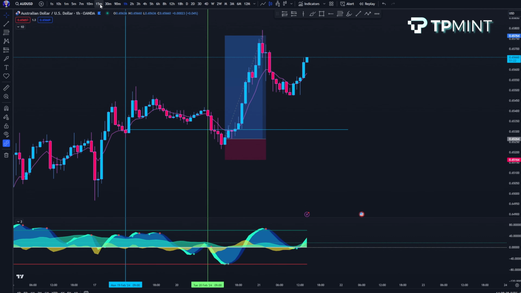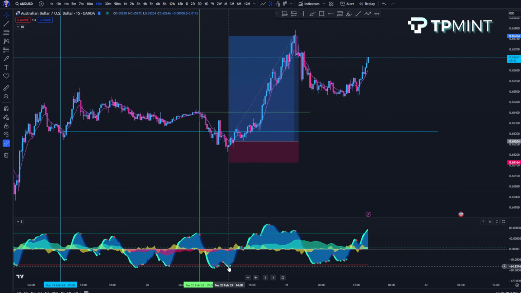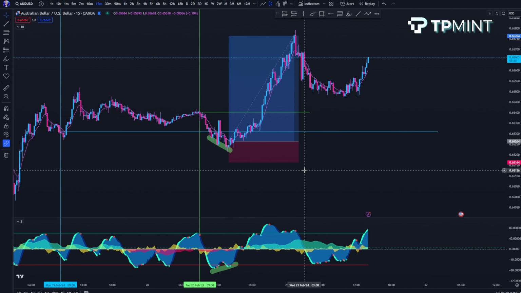So let's drop down to the 15-minute time frame and see how these two were actually stacked on top of each other. Okay, so that was the daily open for Tuesday, and the same rules apply. Price was under the daily open. We had Market Cipher B blue wave hitting the oversold level of negative 60, and we actually had a bit of a regular divergence on the D15. And then as soon as that divergence was in, we had the bullish candle closing above the AEMA. So you can see my entry was actually more so on the D15 entry and not the weekly 1 hour entry, because the 1 hour candle had not yet closed above the AEMA.